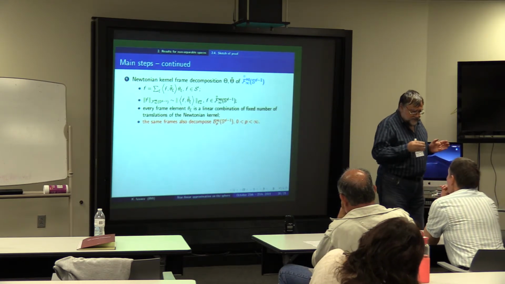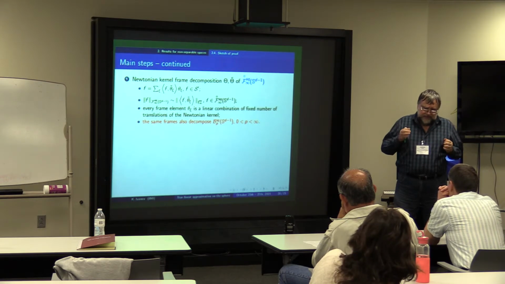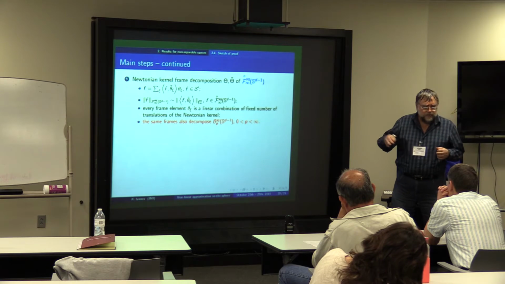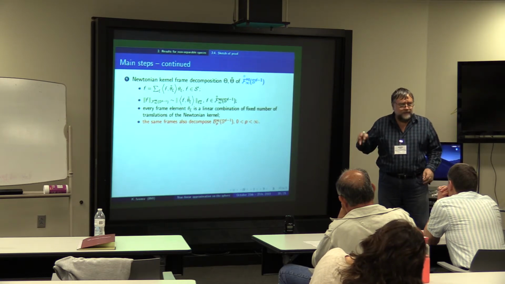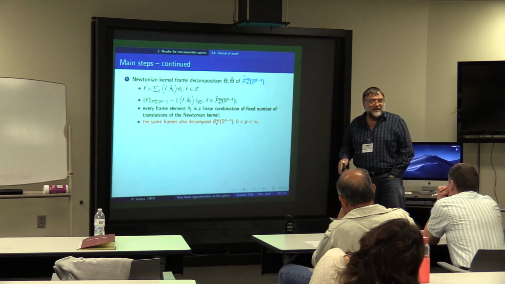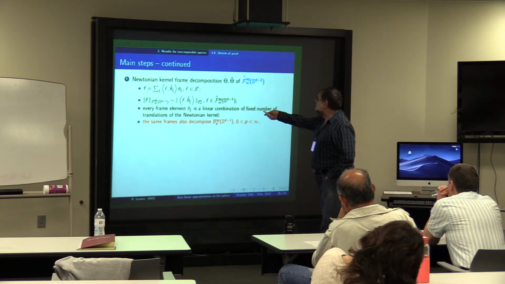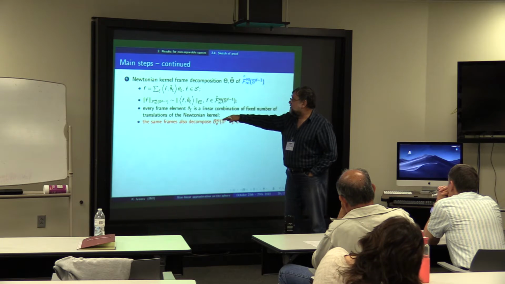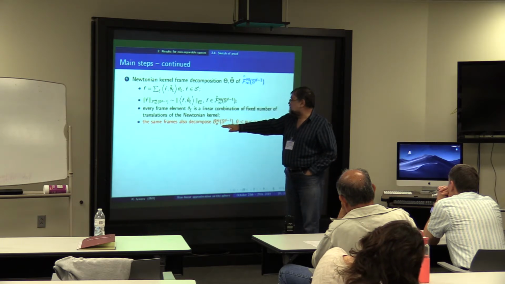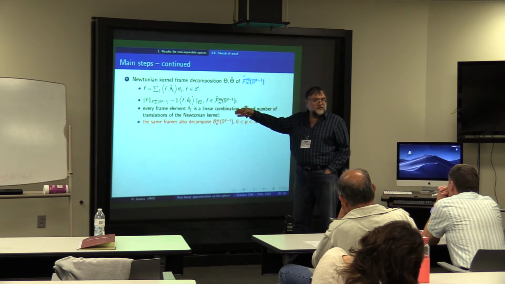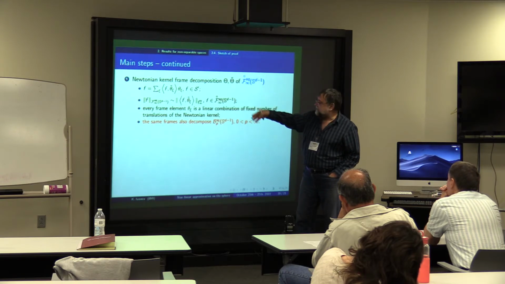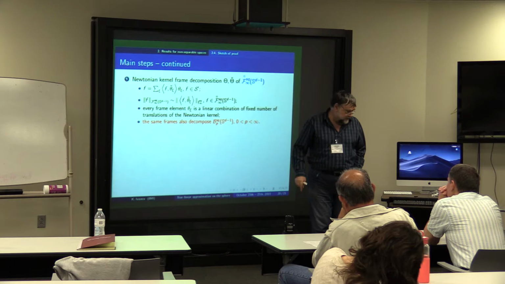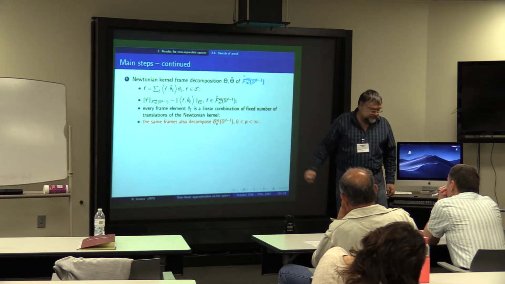Fixed numbers means that they're one and the same number independent of the level. So for every level you have 1 million, for example, such kind of translations. Now, what is important? We have also the same frame decomposition for the Bessel spaces, which stays in the theorem. Actually, for all Bessel spaces for p between 0 and infinity, the same thing is a frame there.